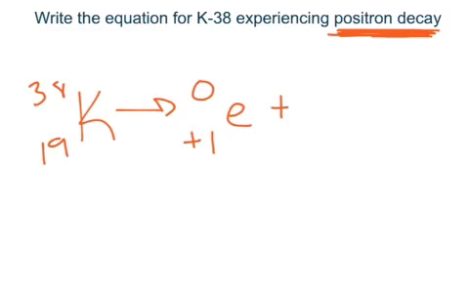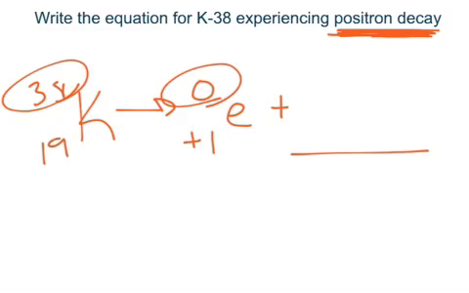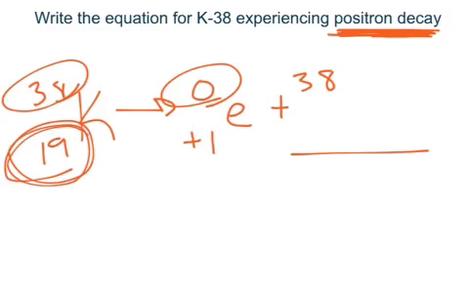So what I'm really solving for is what is potassium turning into? If this weighs 38 and this has no mass, then this stays 38. Okay, but here we have 19. We need the overall charge to be 19. So if this has a +1, then this must have 18, which means